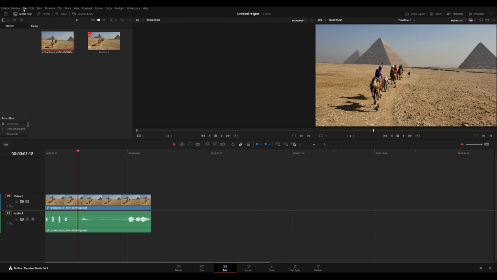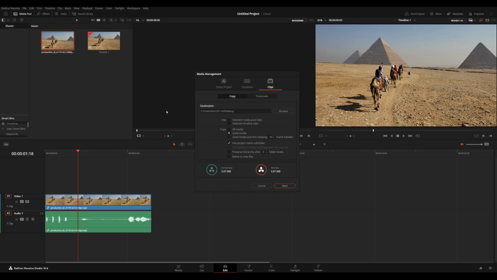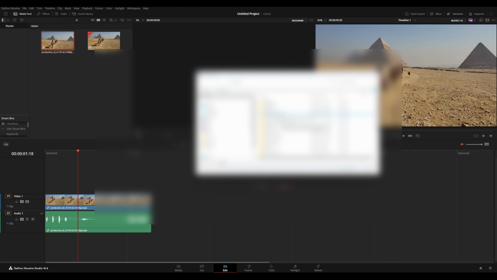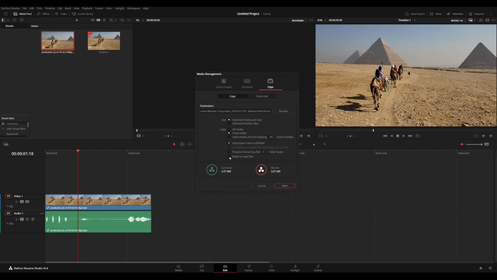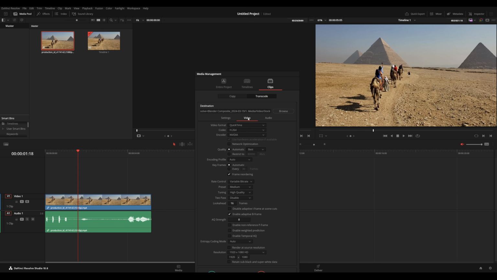First, select your footage, come here to File and go to Media Management. I'm going to choose a location for my file. Then I'm going to do Selected Media Pool Clips. I'm going to hit Relink to New Files, select Transcode. And here under Video, I'm going to leave it at QuickTime. I'm going to do